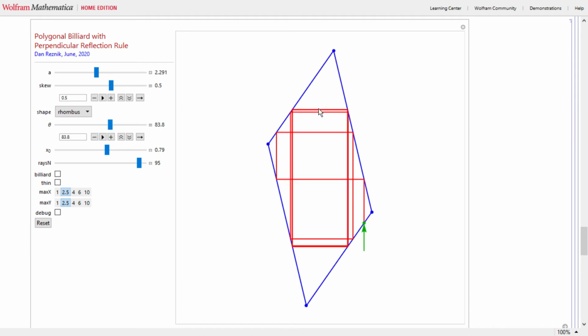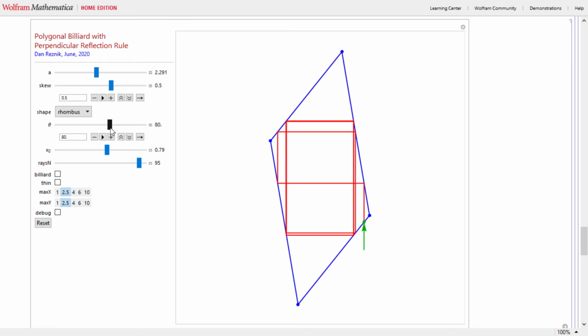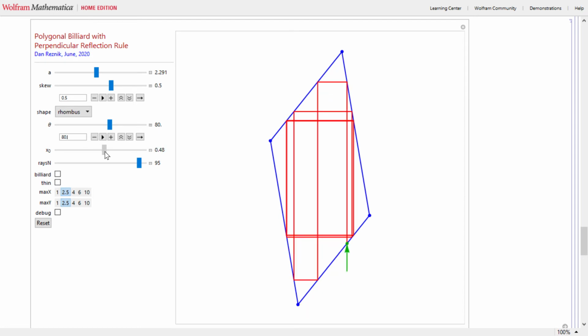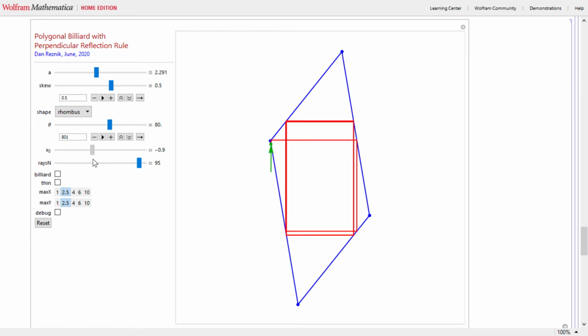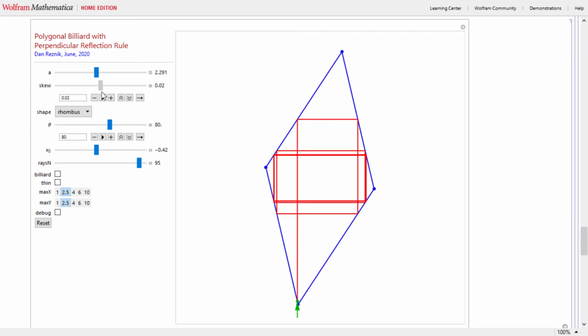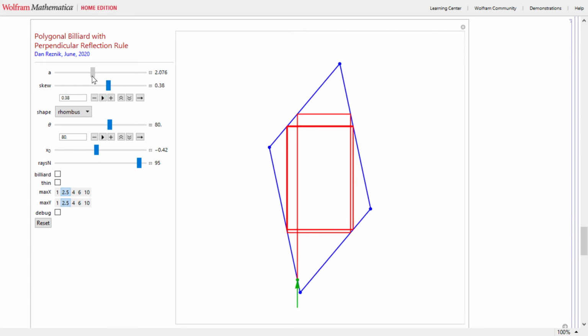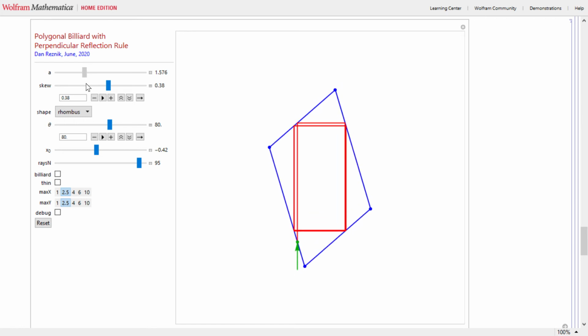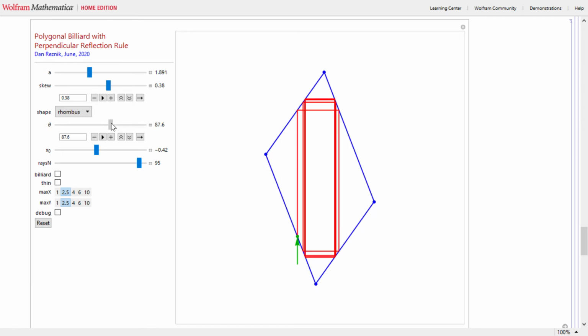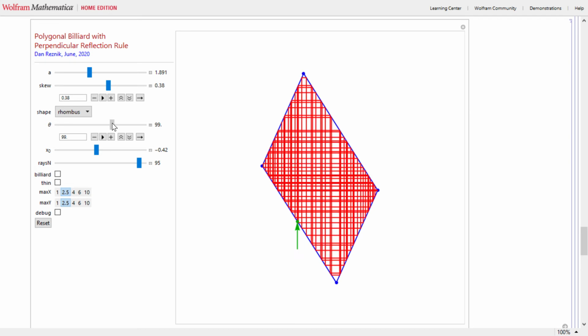Okay, so now I'm exposed to the upright rhombus, like so. And let's move x0 around. Oops, looks like it got stuck here. It's going to recover. Again, I'm getting the limiting cycle. Okay, so this limiting cycle is very strong. It's pervasive, seems to be pervasive. Regardless of the skew, right, I get this sort of behavior. And regardless of the aspect ratio A, and in a way, if I play with the angle, the most I can get